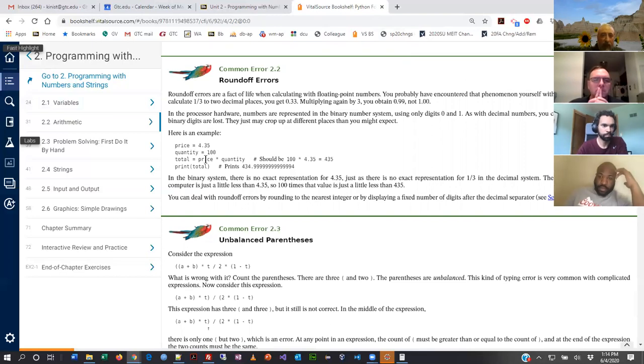This is kind of bizarre because if I put in 4.35 and 100 for these two variable values, and then I multiply them, I mean, that should be the answer, 435, right? It's a no-brainer because we're just moving the decimal place over. However, in Python and other languages, and it has to do with how math is done in the background, it actually resolves to really, really close to 435, but not quite,